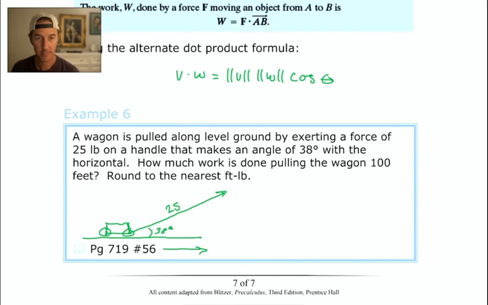That's aiming to the right, in that direction. And we can find that using this little formula up here. V dot W is equal to, etc. So I'm going to call this vector V, and I really want to know